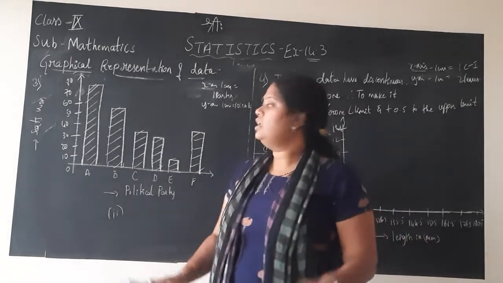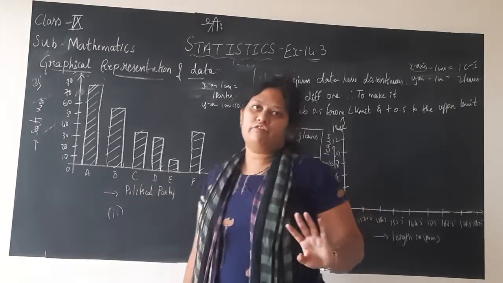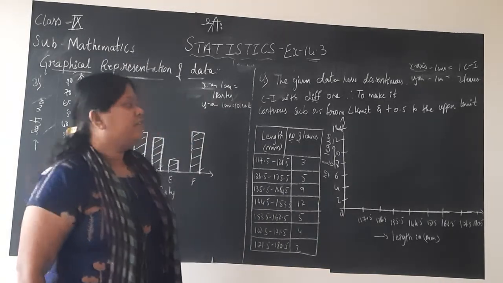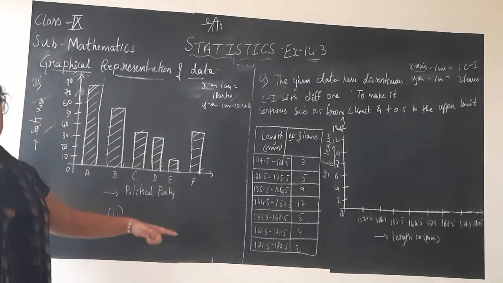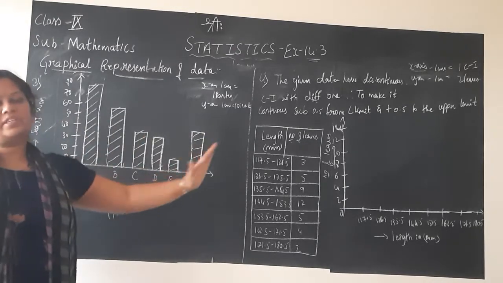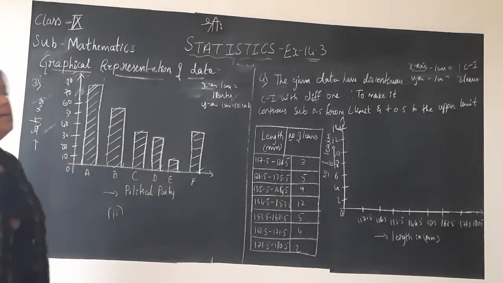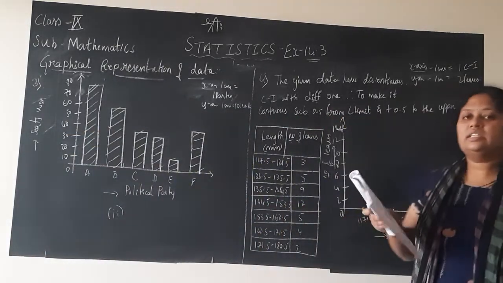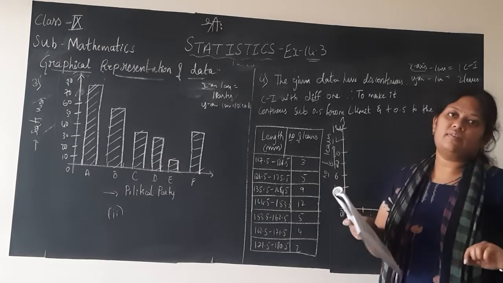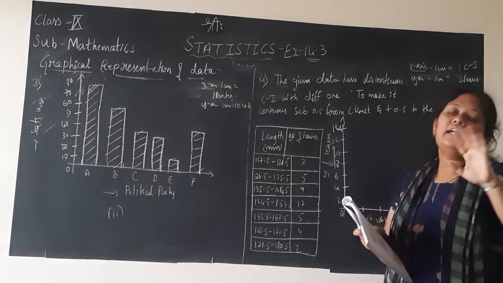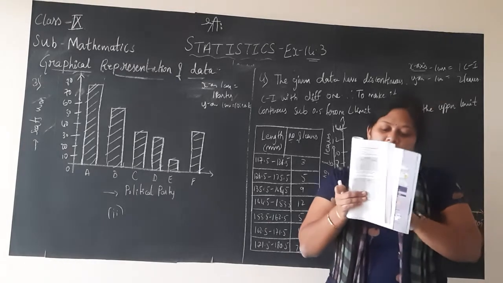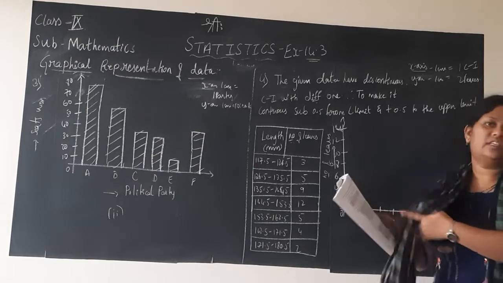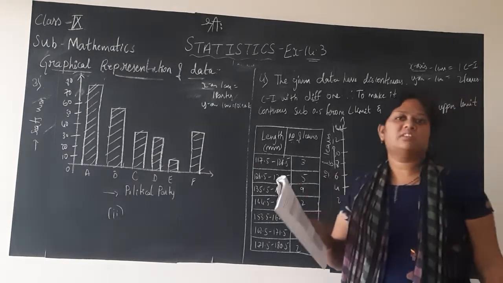Till now we drew bar graphs with gaps in between, but now they are asking us to plot a histogram. In a histogram, we cannot draw the bars like this with space in between. We know a histogram is used to represent the continuous distribution of data. After 118 to 126, the next class interval has lower limit 127. 126, 127 is not continuous. They have only given us a hint in the bracket: first make the class interval continuous. But in a test or exam, seriously, don't expect me to give all these hints.